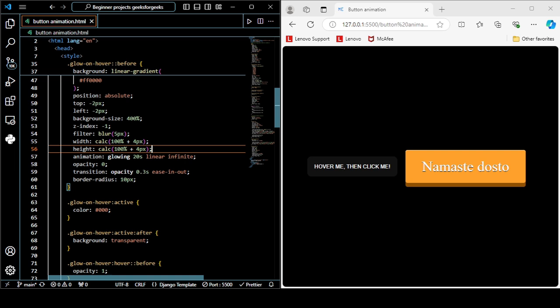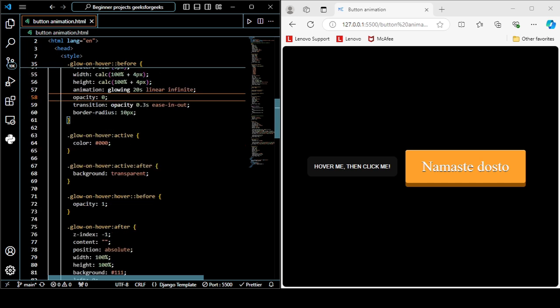Then giving the animation of 20 seconds, linear and infinite, animation name glowing, and its opacity is 0, transition of 0.3 seconds ease-in-out, border radius,